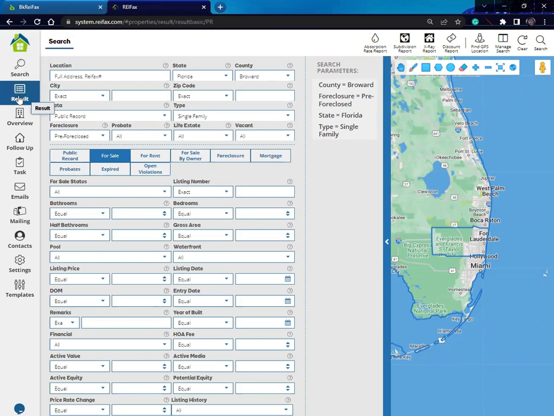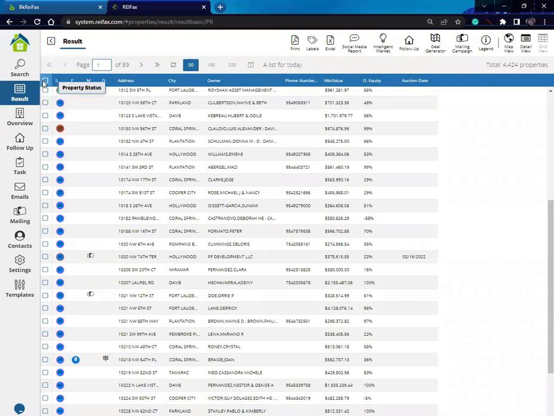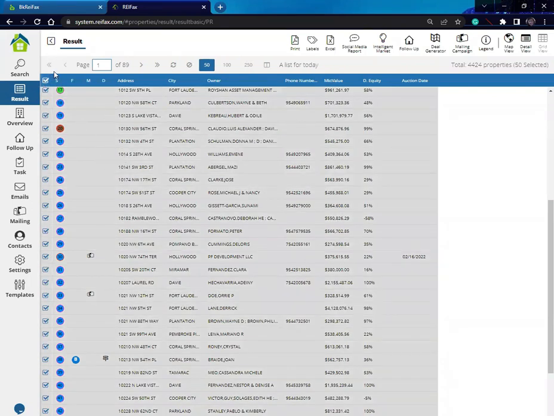Let's go back to my results. And remember that you can export your results. You have a limit of 500 properties registered that you can export to Excel during the month. All I have to do to export is select them and click on the export icon and select Excel, or CSV if you use Linux. I can select page by page. Right now I have selected by page 50. I have a total of